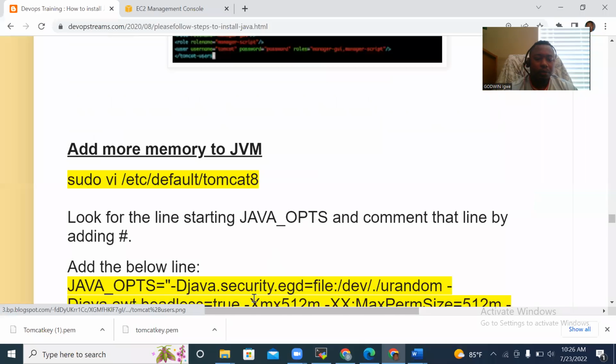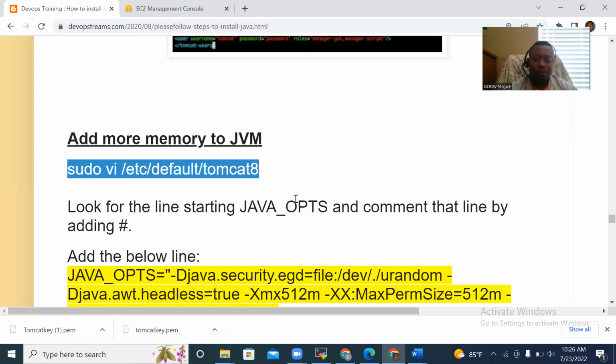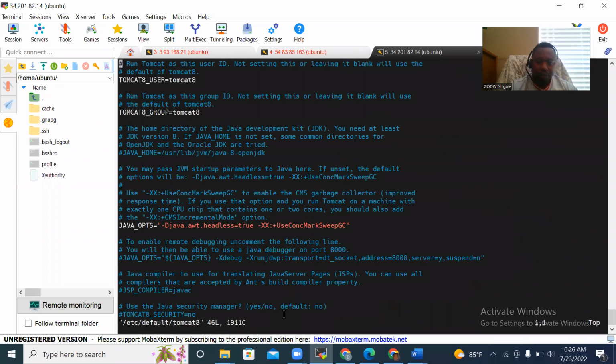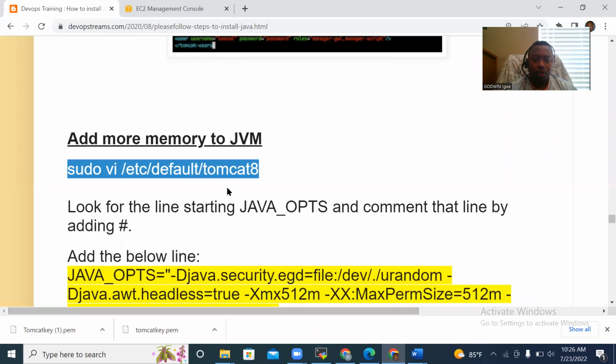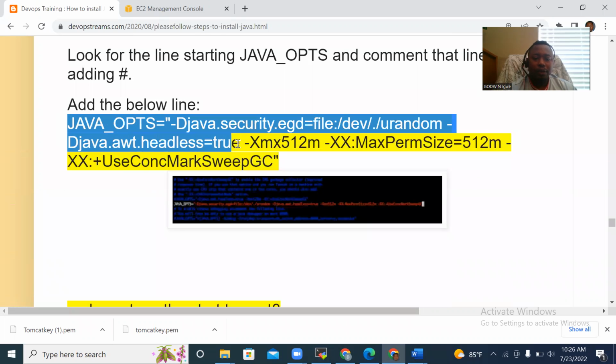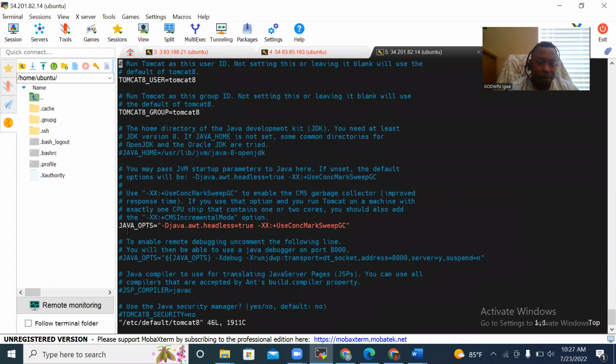Then I continue. I say I add more memory to JVM. So I'm going to copy this command and come back to vi, say enter. It opens the file for me. It opens the Tomcat 8 file for me. So I'm going to copy this command and go to where I see Java OPTS. Now, once I get to where it says Java OPTS, as you see here, so I'm going to